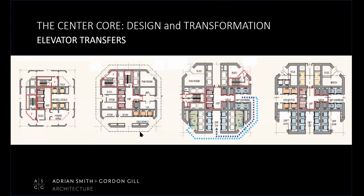So here's how you can see in one view how the core changes as the elevators drop off, and you can see how the occupants will transfer from, for instance, at a sky lobby, from an office express elevator into an office local, in this case for zone 4. But then there are several zones of locals, and there are actually 3 zones of locals, as I said, in